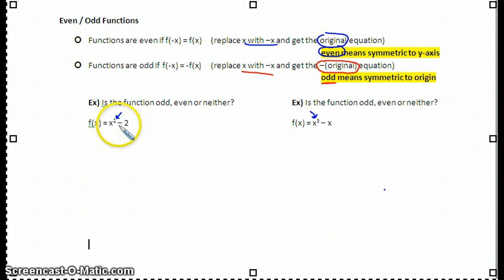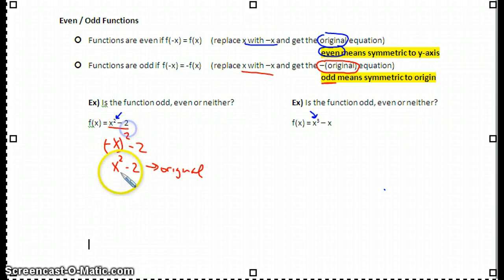So let's take a look at this example here. If I replace x with negative x, that's going to make my equation be negative x squared minus 2. When I square a negative x, it becomes positive. And notice that that is my original equation. So when I made the substitution x with negative x, I got the original equation. That's exactly the same as what I started with. So therefore, this means that this equation is going to be an even